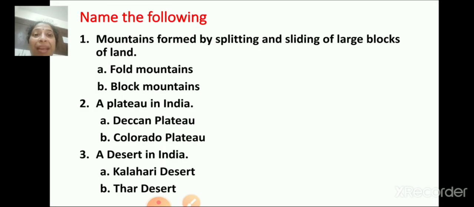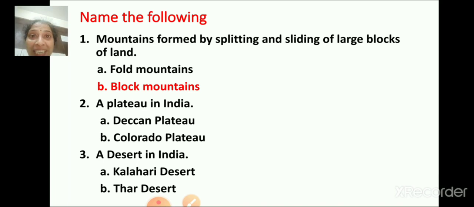Next is name the following. Mountains formed by splitting and sliding of large blocks of land. You know, yes. Block mountains. Good.